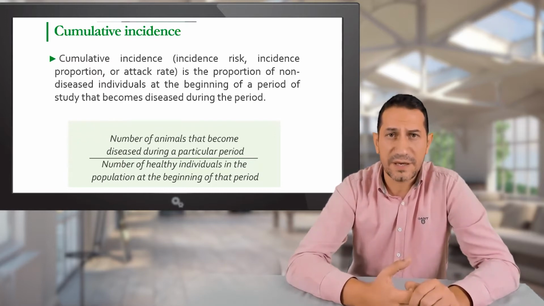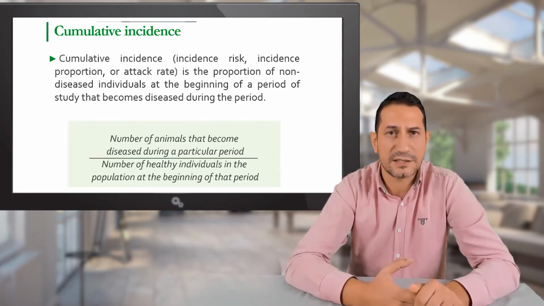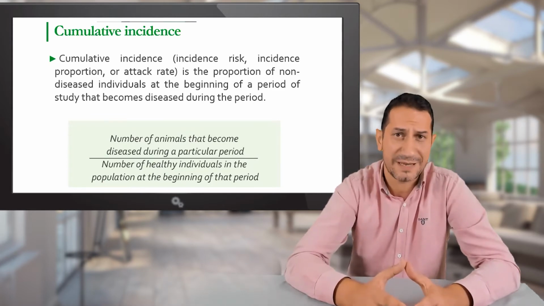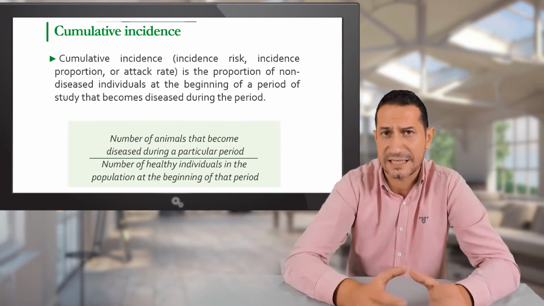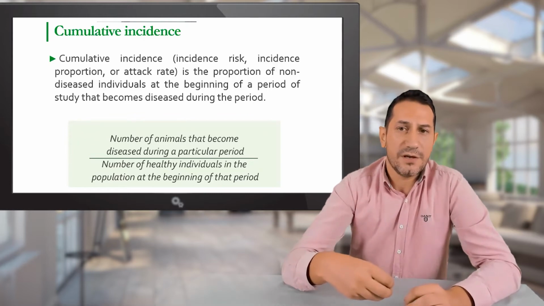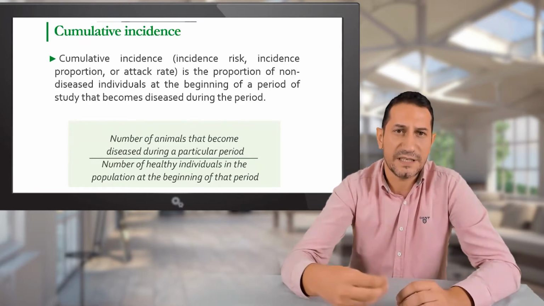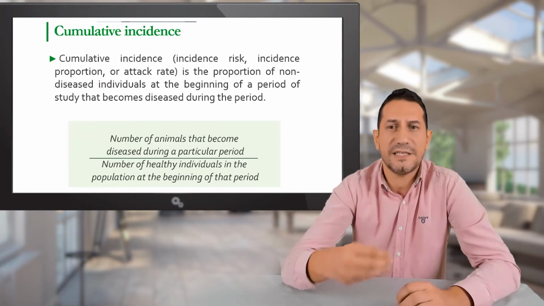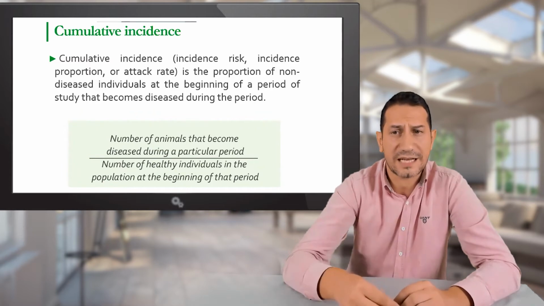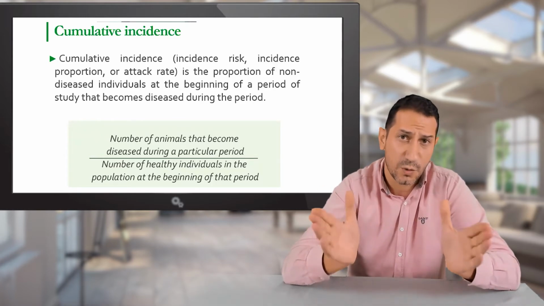And of course this can be multiplied by a multiplier of choice, let's say for 1,000 animals, so incidence per 1,000 animals, per 100,000 animals, or per 1,000,000 animals. So it depends on the scale of the population we are studying, and then we apply this multiplier to give more meaning. However, the risk of a new disease occurrence is quantified using this cumulative incidence or incidence risk, and it's interpreted as the individual risk of an animal of contracting or developing the disease within the follow-up period of the study.